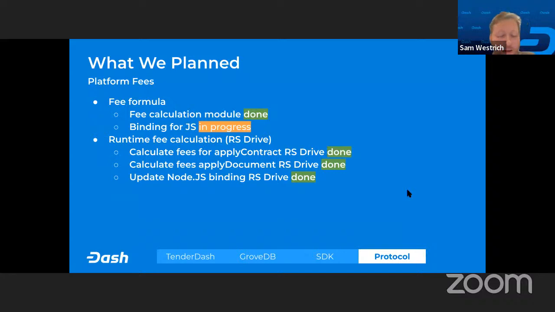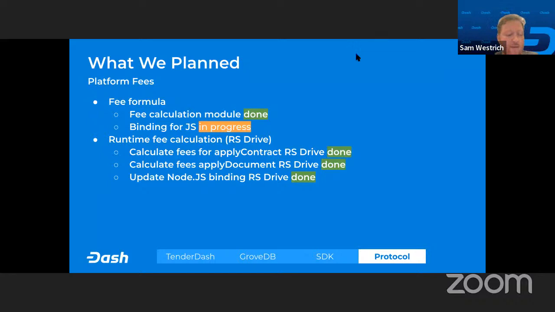Sure. So protocol was focused heavily on a few different things this sprint. There was work on fees. There was work on, well, I'll let other people in the team talk about the rest of the work on the next slide. But in this slide, I'm going to talk about fees. As we said in the previous weeks, our fee model is dependent on two things: a worst case scenario and a runtime fee calculation.